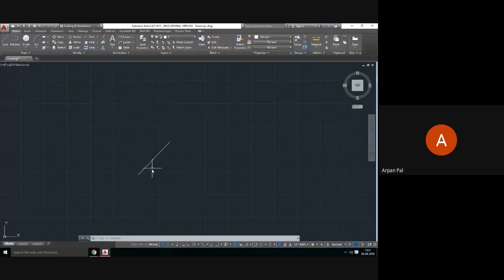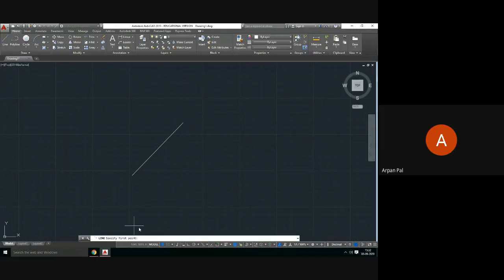Now my question is, this direction is not fixed. Arbitrarily I have taken the mouse and that's why this has been taken. How to fix this direction? First of all, one type of fixing is if you want to draw the lines only in horizontal and vertical directions.